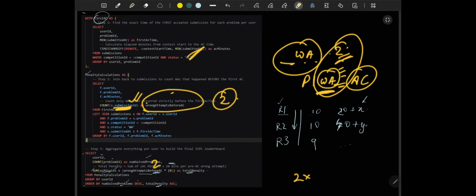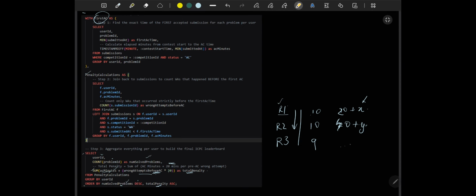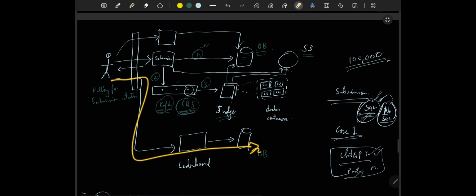So now your calculation will be 2 into 20 plus already the X that you got over here, and that is how the entire thing got calculated, and then also the ranking also happened. That means this is very much easily possible from here. So is SQL a good candidate? Yes, it is. Now we have to start considering the numbers that have been put forward to us, and this